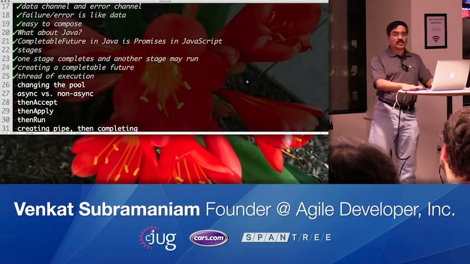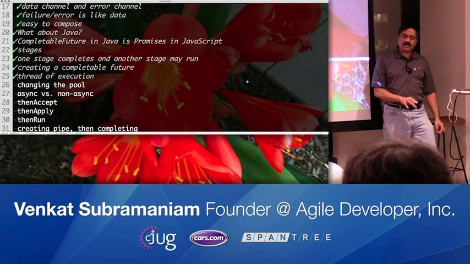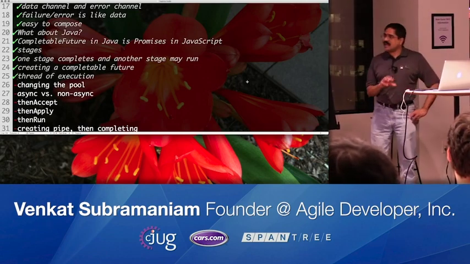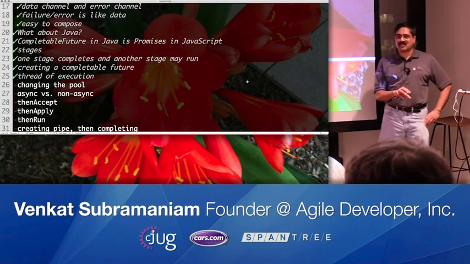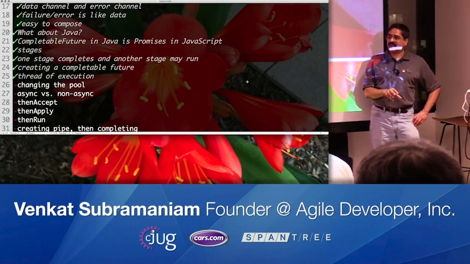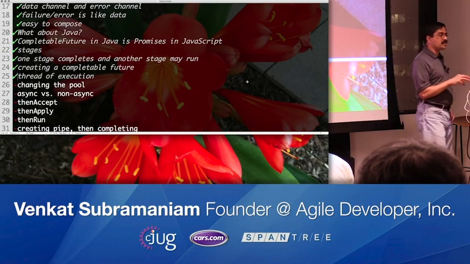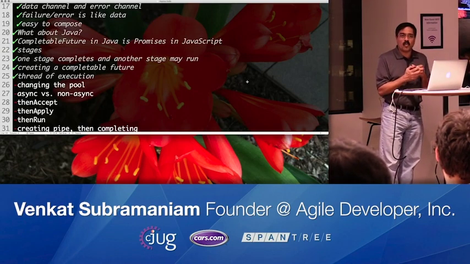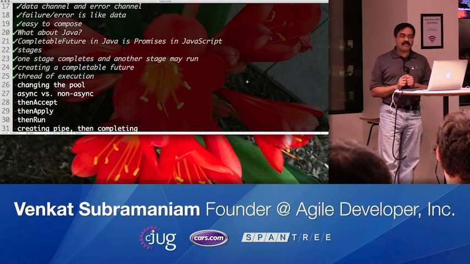Let's focus on the thread of execution. But before I show that to you, I want to emphasize, when you're programming asynchrony, try not to focus on the thread as much, because that's not the real intention here. The intention here is to be non-blocking. The intention here is to say that I am not going to waste my resource waiting on this to happen. I'm going to make a request.